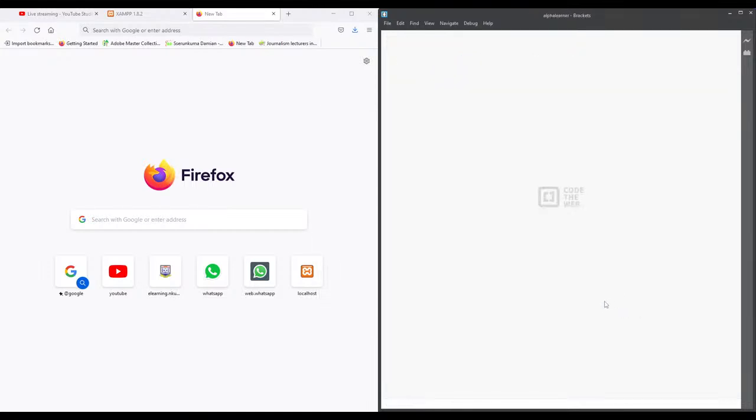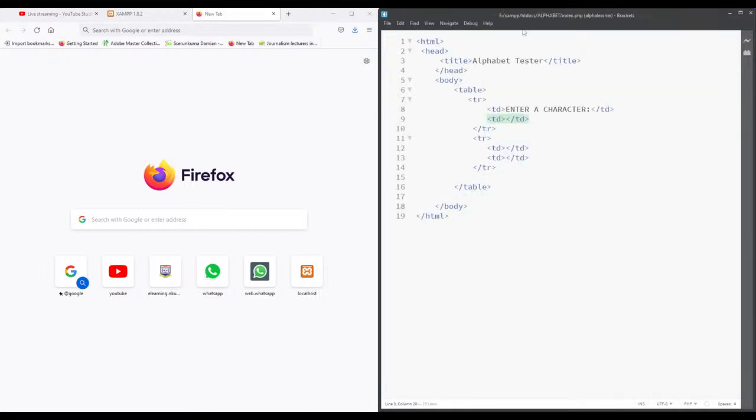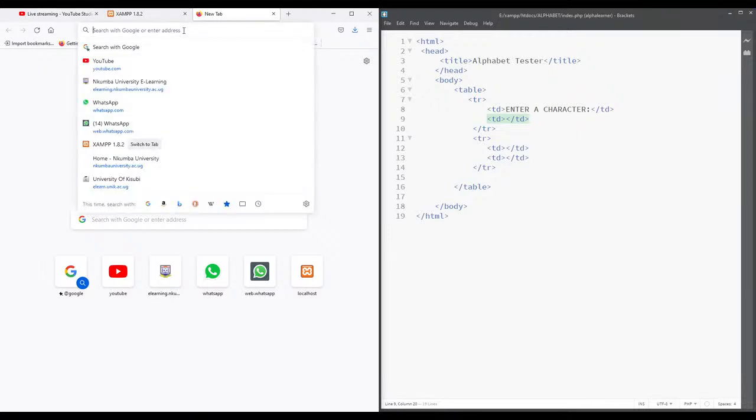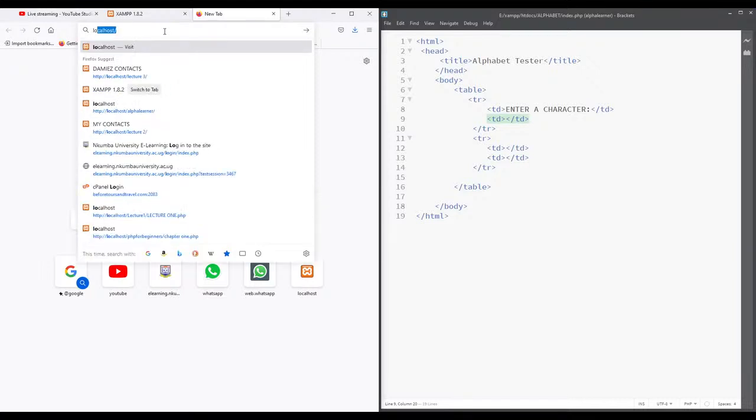So click save, and the file is saved. So you realize that I have saved it in alphabet in index.php. All right. So looking at that, if I need to access this file, all I need to do is to open any browser of your choice. I'm using Mozilla Firefox, so up there in the URL, you simply type localhost and then slash the folder that